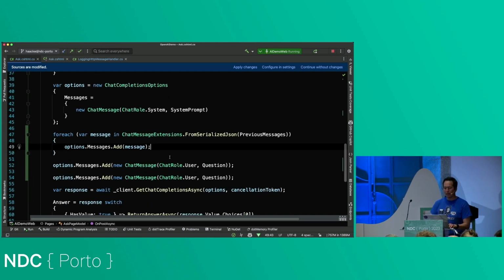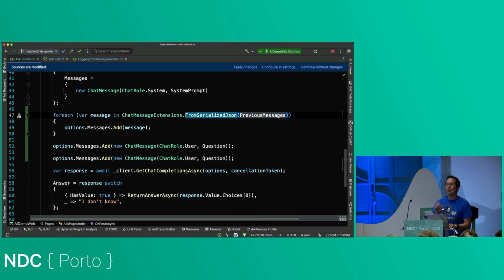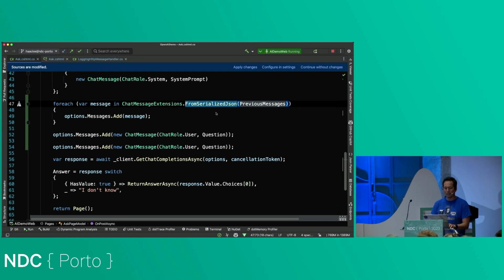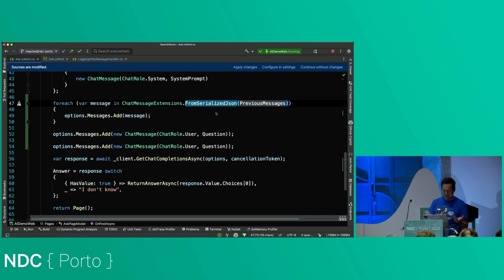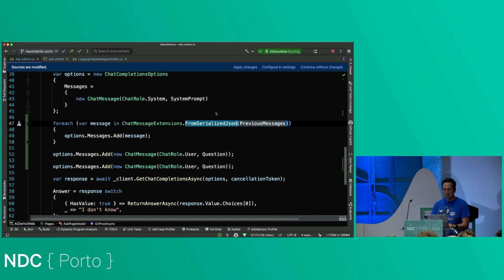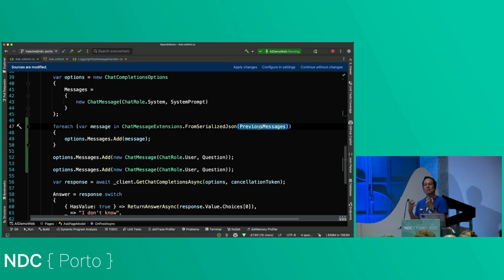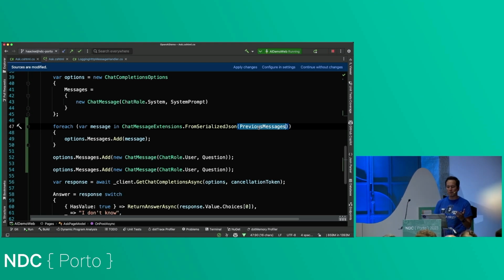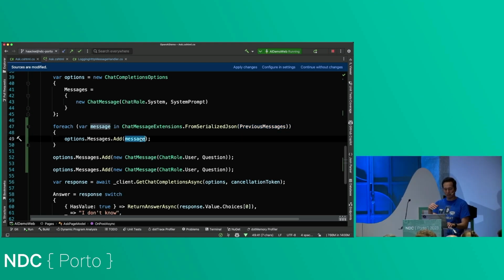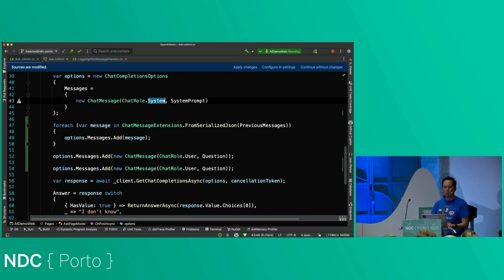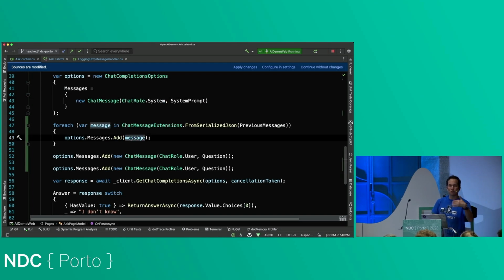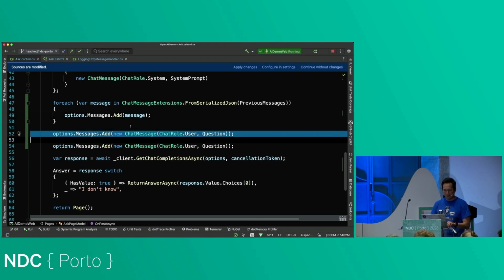But so I wrote some extension methods because, unfortunately, using this OpenAI library, they use their own struct type for the chat role that doesn't serialize or deserialize with the default serialization options. So I just wrote my own classes for mapping the serialized form to the original object type. So the key thing in this block is I grabbed the previous messages, and then from the JSON representation, I deserialize some messages, and I put them back into the options. So that will be, right after the system prompt, the previous user and assistant messages. And then, oh, we don't need that.